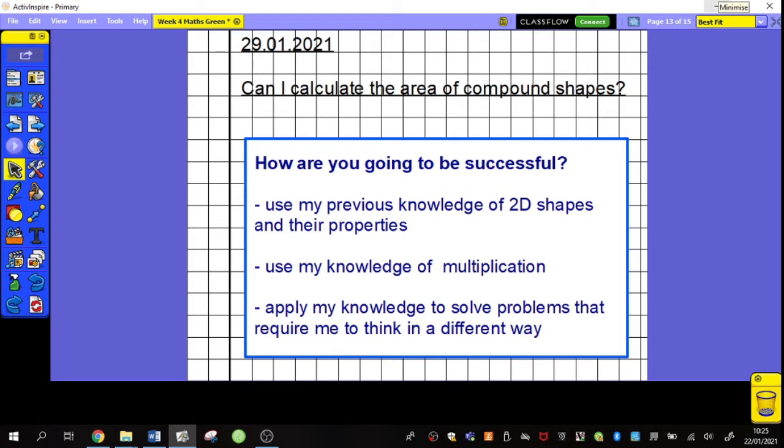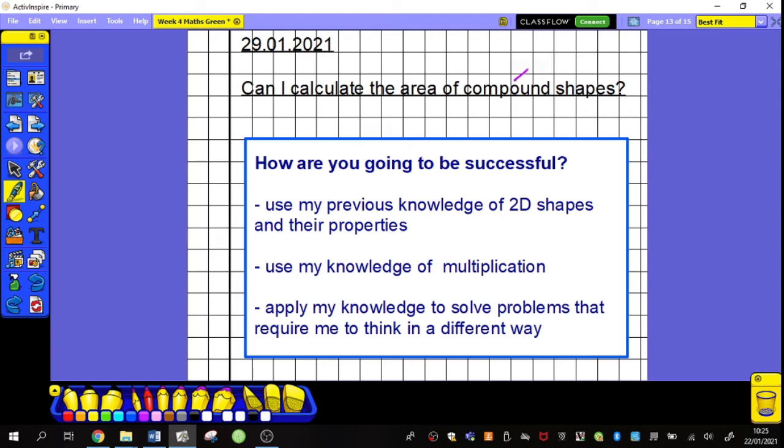Good morning everyone. Today we're going to be calculating the area of compound shapes. And remember, when looking at perimeter, we talked about compound shapes being made up of two or more shapes sort of put together. An area we talked about yesterday is the space inside